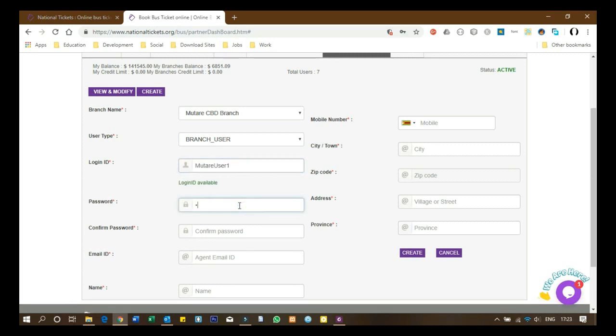Then the password, confirm the password, email ID user 1 at mutare.co.zw, name is Wasu, their mobile number, then city is Mutare, zip code 00263, village 123 Robert Mugabe Street, then the province is Manicaland. You can create,